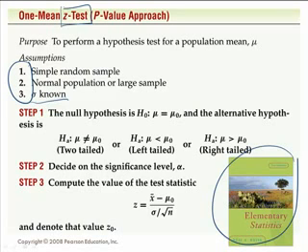So then let's go over the steps. The first step is that we need to say what the null hypothesis is, and we need to say what the alternative hypothesis is. The null hypothesis is always that the mean is equal to a particular value, and we call that mu 0. Well, our example assumed that the mean was greater than 60%, that's the alternative, and so